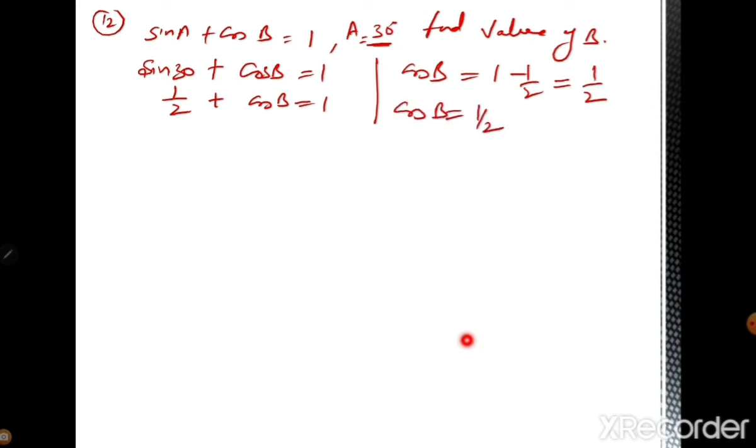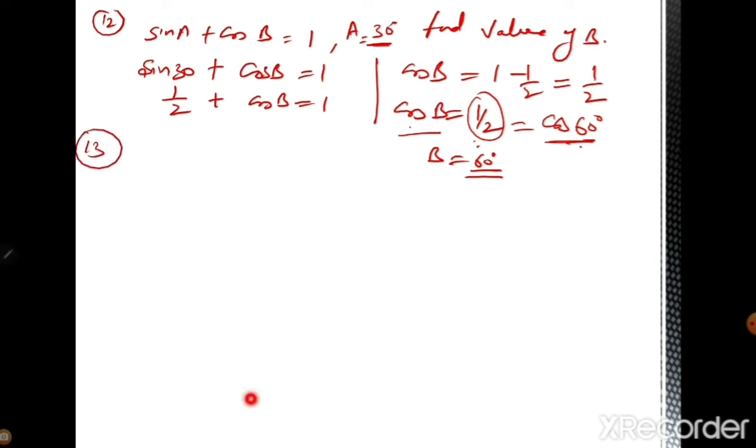So 1 by 2, at what angle? This 1 by 2 of cos is cos 60 degree. Cos 60 is what? 1 by 2. So both values are the same, so cos cancels. So B is what? 60 degree. Acute angle. In the question it is given that B is an acute angle, so from here you can see your answer is right. 60 is an acute angle. Okay, so this is your 12th question. This type of simple question will come, carrying 1 mark each.